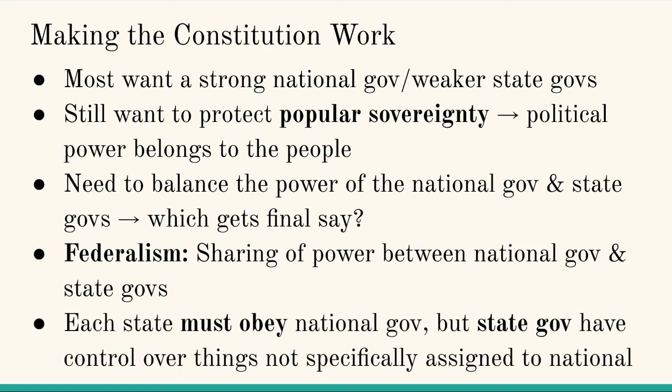Something that's decided and put in the Constitution, so it's very clear, is every state level government has to obey. At the end of the day, they have to obey what the national level government decides. Okay, they have final say. But there's still some powers that the state governments get. And this is kind of a carryover from the Articles of Confederation, where it said that anything not explicitly given to the national government within that document is an assumed state power. So it's something that just kind of falls off to the state level government.